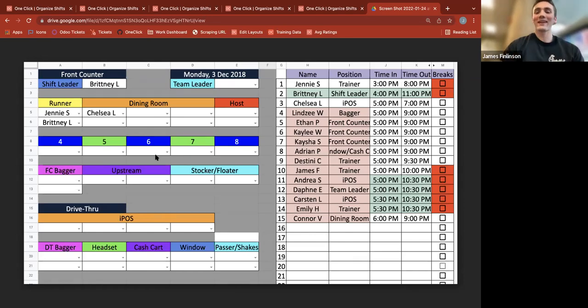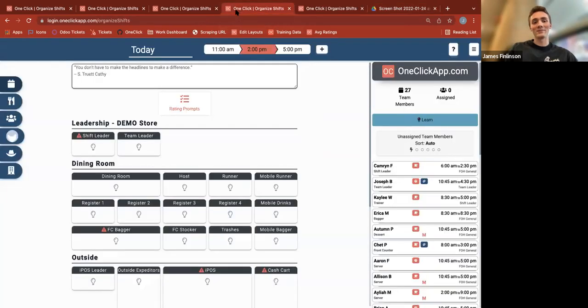And so I don't think I need to rehearse very well what you do, like what are the options. But this is what my store did. And this became a foundation, or this is where we started to build OneClick App. And so now I'm going to share a couple things. First, we're going to talk about how to love setups. Imagine the jump when you can jump from manually sorting through lists of hot schedules data and typing it in spreadsheets and thinking it out and doing this for a week at a time. And then by the time Saturday comes around, a lot of the shifts have changed and they're no longer up to date. And anyway, imagine all that to go now to OneClick right here,